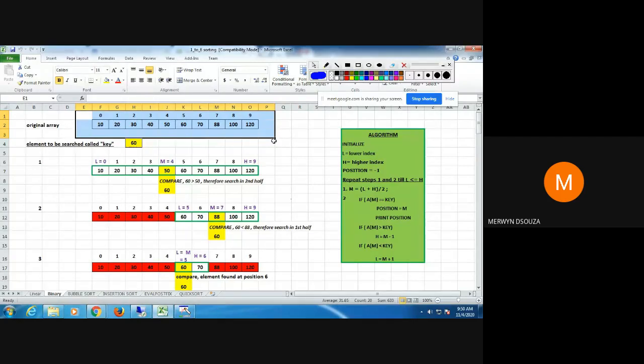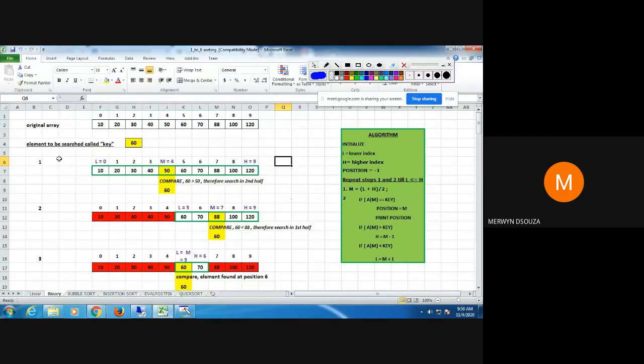Whenever you're writing a program for binary search, you can input the elements in sorted order, or you could write a function to take the input in any order and then sort it and then start with binary search. It's up to you. Normally, the students directly input the numbers in sorted order because it's easier to do it like that.